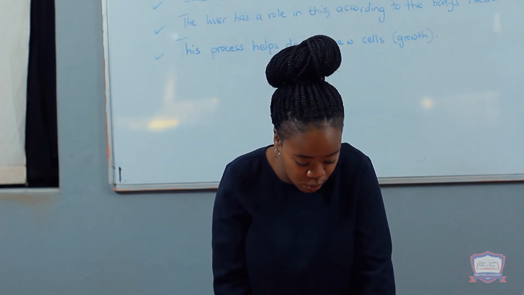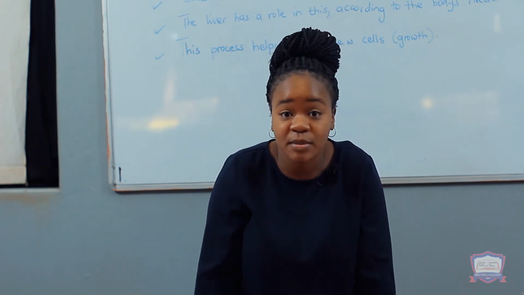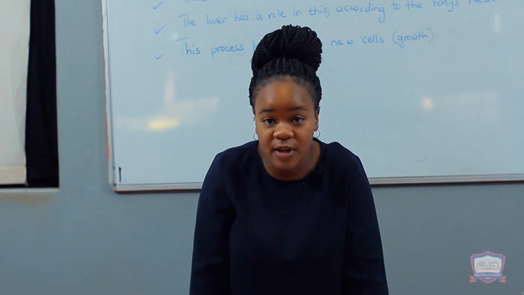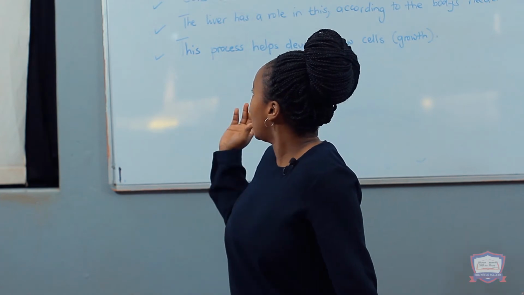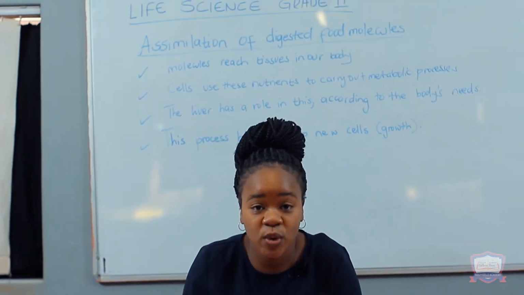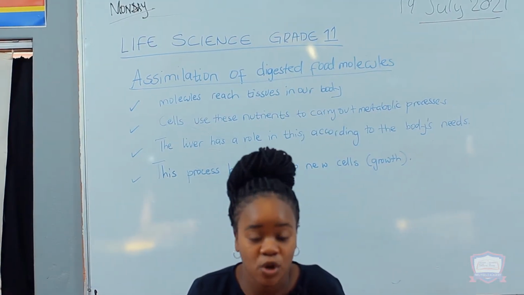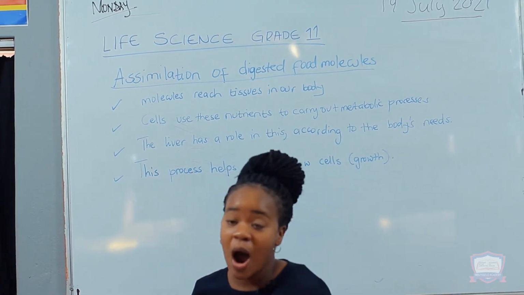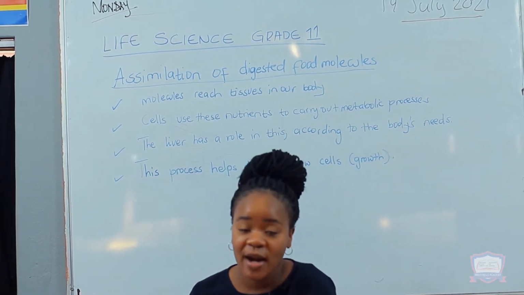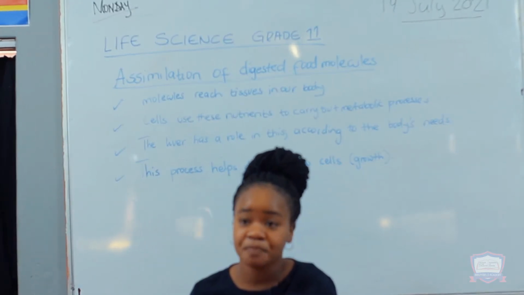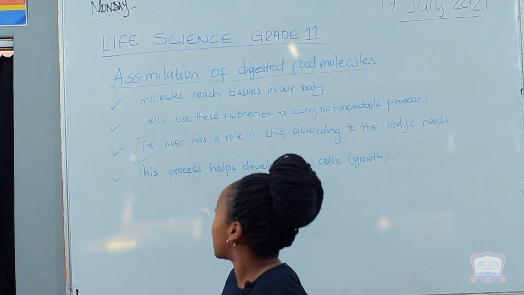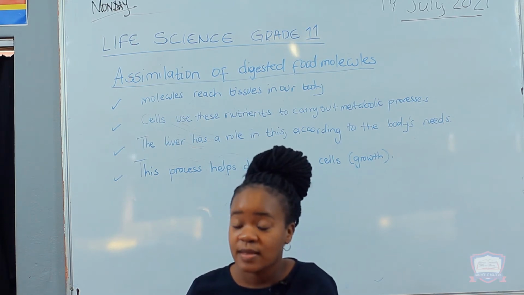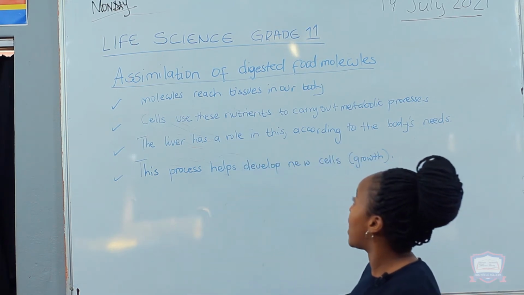Now, I want us to move on to assimilation. Assimilation takes place after absorption. That is why I had to explain it after absorption. So what is assimilation and how does it occur? What happens during assimilation? Assimilation occurs when the nutrients that have been digested by our bodies